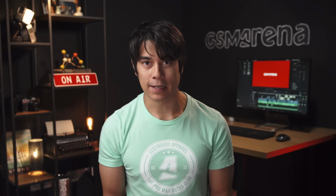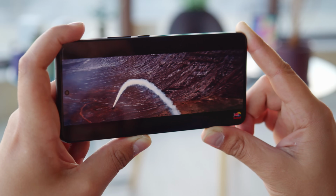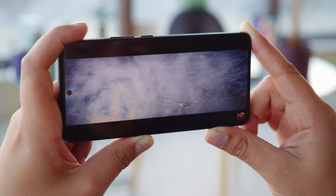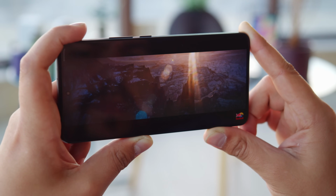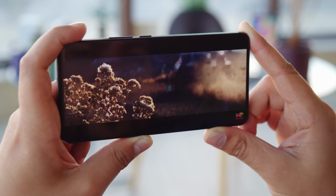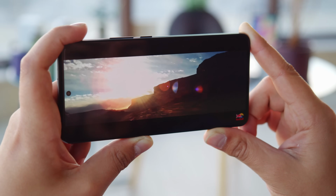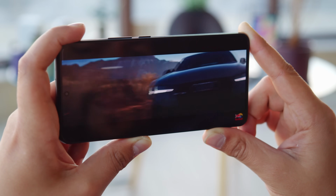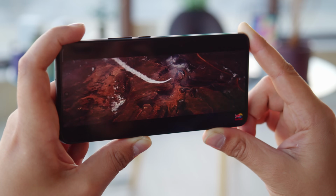There has been one downgrade though. Last year's model had Gorilla Glass Victus protection, while this one has Gorilla Glass 5. Regardless, the 12T's screen looks great. There's a sharp pixel density of 446 ppi, and you get those deep AMOLED blacks. Colors can be quite accurate, depending on the color settings you choose. And there's also support for 12-bit color depth, as well as HDR10+, but no Dolby Vision, which you do get